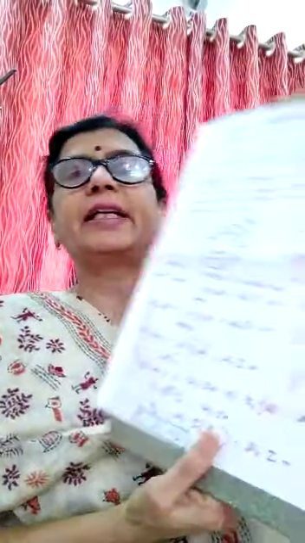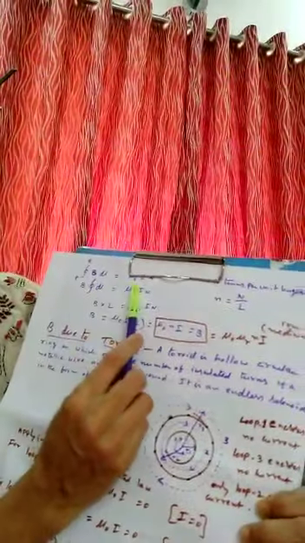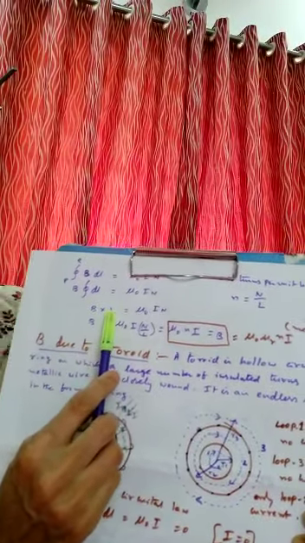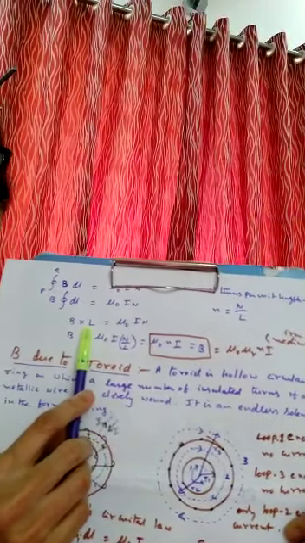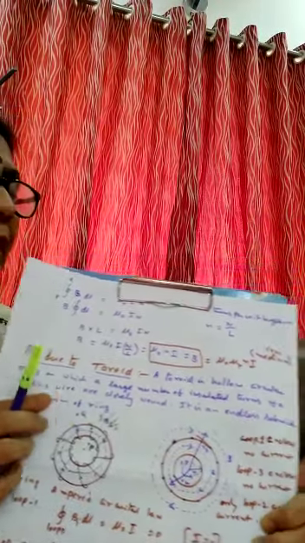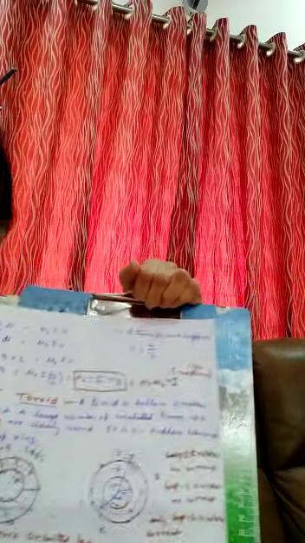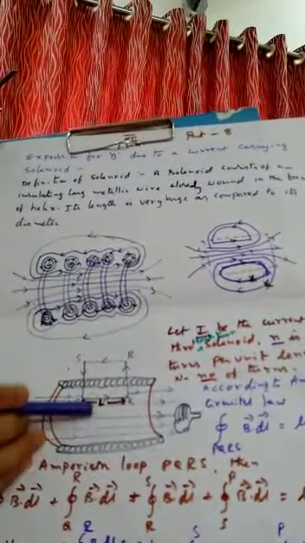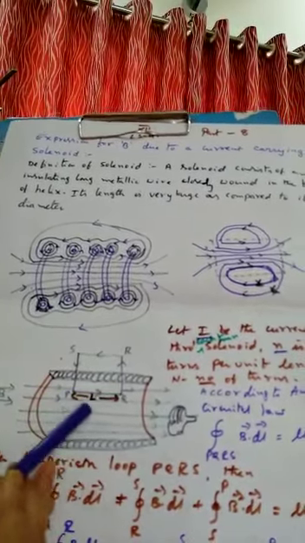So I have written B integral dl equals mu naught N I, where B multiplies integral of L. What is the meaning of integral L here? For a circular coil you can take 2 pi r, but here I am taking only the Amperian loop. What is the length of the Amperian loop? PQ. The length of PQ is capital L. If you take the number of turns, that is different, but here I will take only the length of the loop.